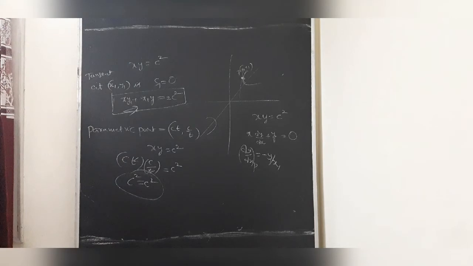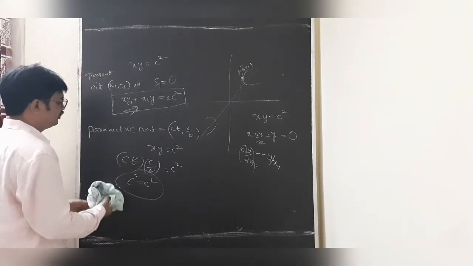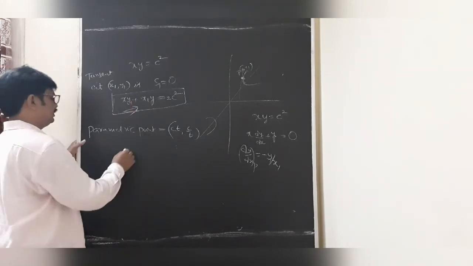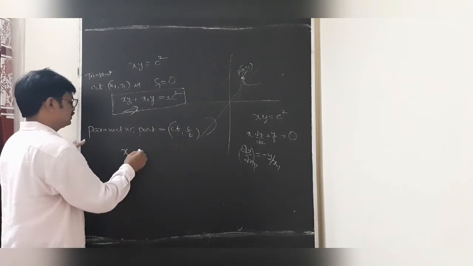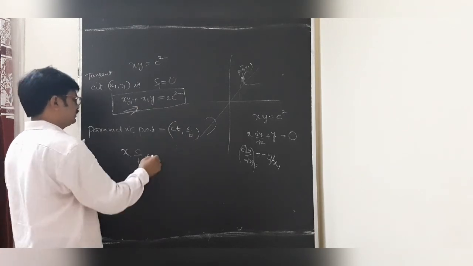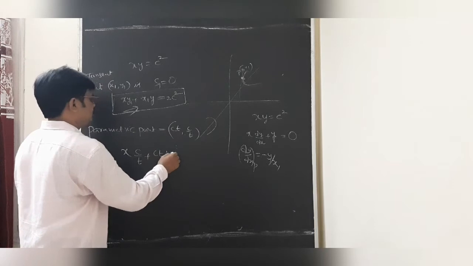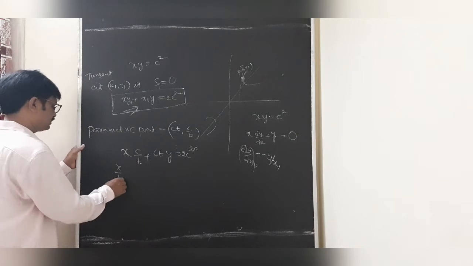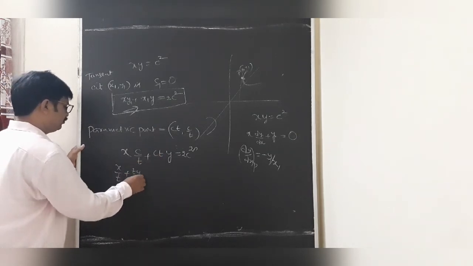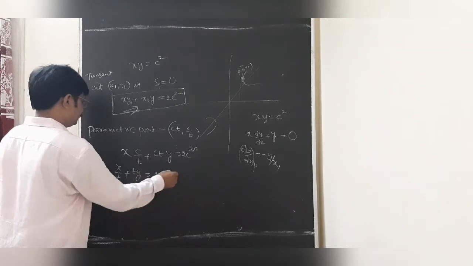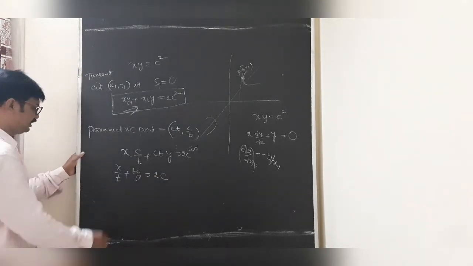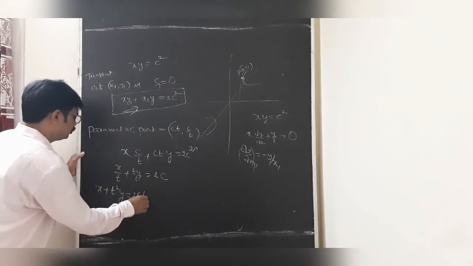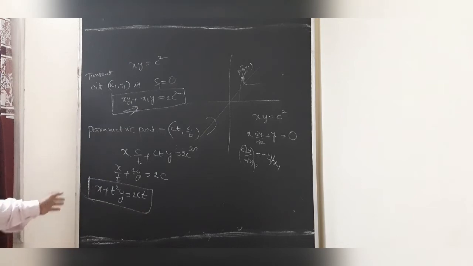So students, when it is ct comma c by t, undoubtedly we can substitute in the above one. This is x into, what is y1? c by t. Now students, x1 is ct, into y equal to 2c square. So this is x by t, this is y by c equal to 2c. Now we are taking the LCM, that is t: x plus yt square by 2ct. This is the equation of the tangent.